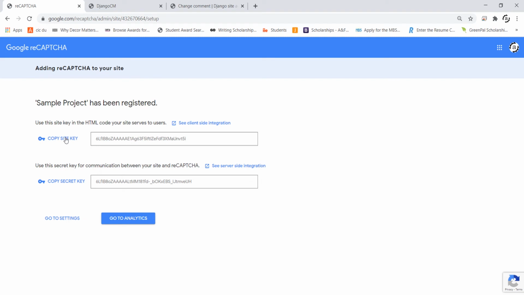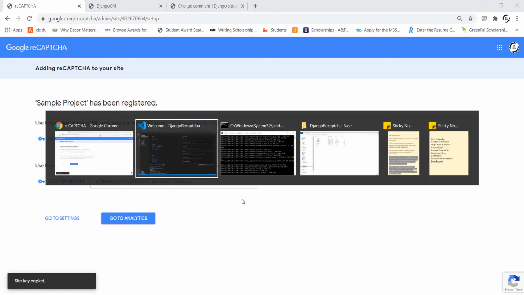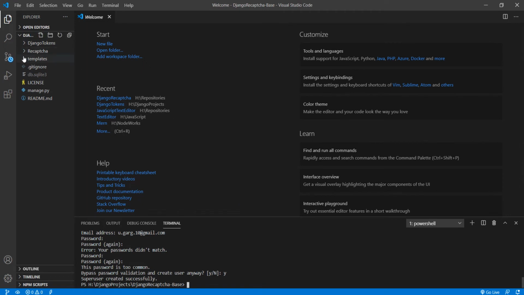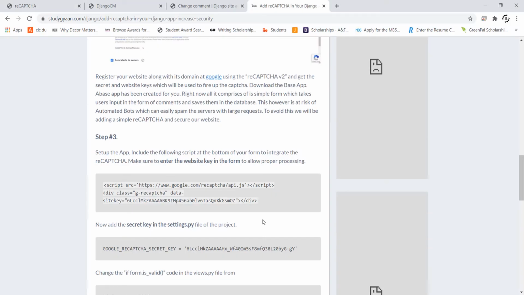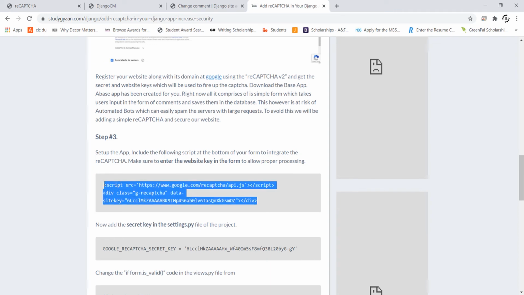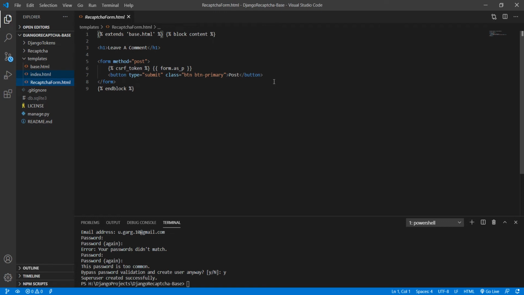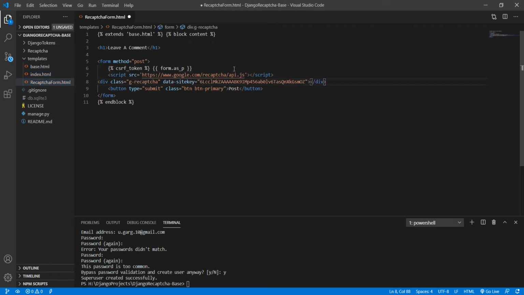These two keys are useful. We will copy the site key and enter it in the forms.html file. Before that, we need to import another piece of code. For this, we will go to the Study Gyan blog and then copy this piece of code and integrate it just above the submit button.